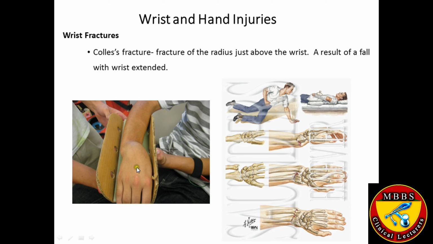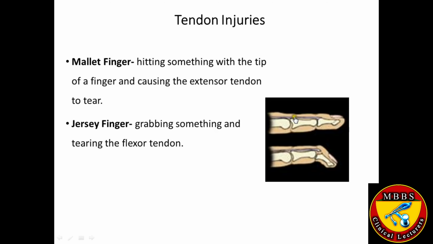The deformity which occurs at the wrist joint is called the Colles fracture, and the Colles fracture is more common in menopausal women, or as age becomes advanced in women. There is a chance of fracture at the lower end of the radius and ulna, which is known as the Colles fracture. Tendon injuries.